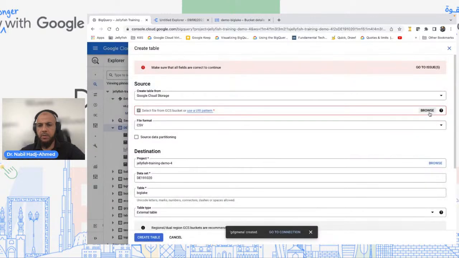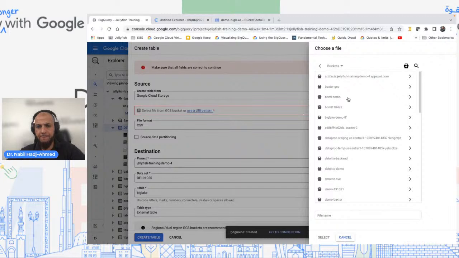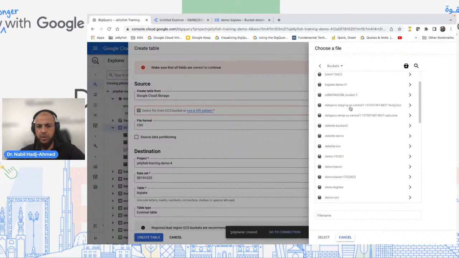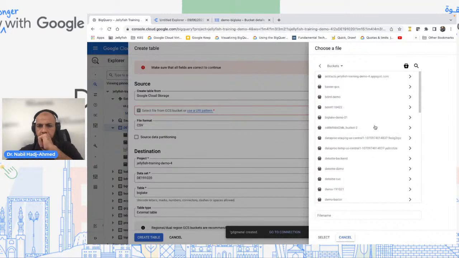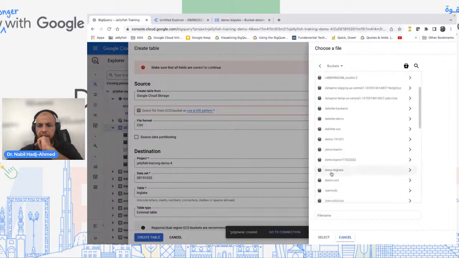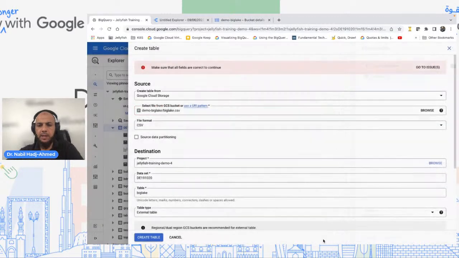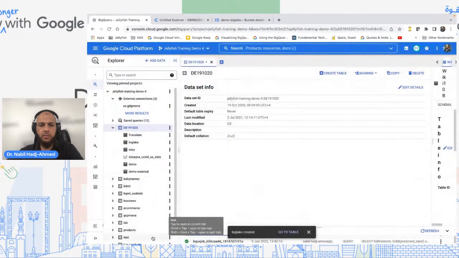Okay, I didn't specify the file here. What is it? Demo BigLake. There you go, this one. Click CSV, select that, create table. And if you look at my connections in here,